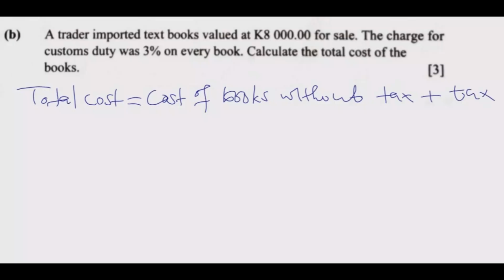Okay, so the total cost of books without tax, we are told it's 8,000. If you are wondering where the 8,000 is coming from, it's here. So that is the cost, then plus